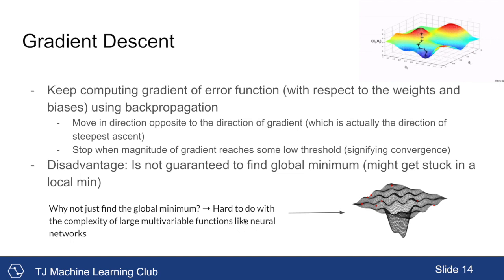And so one question you might be asking is, why do we have to do this gradient descent process? Because at least in the context of a calculus class, you learn how to find global minimums of a function, right? By calculating the derivatives and then seeing where those are zero and so on. The problem is that